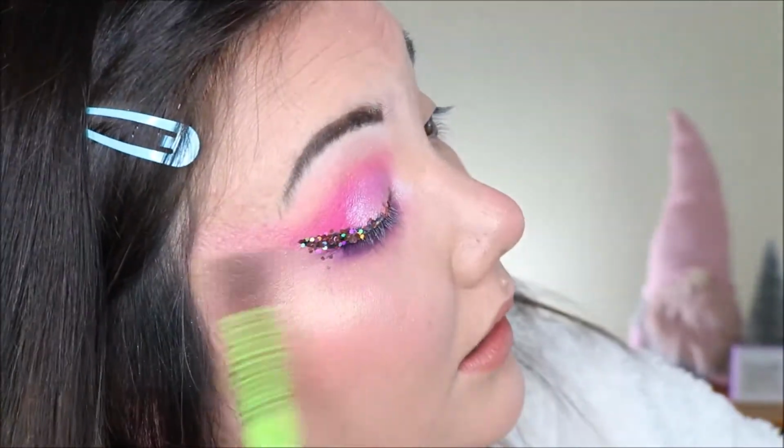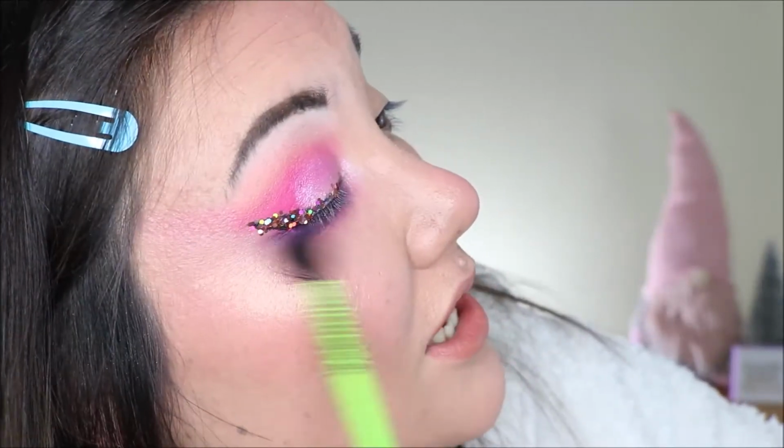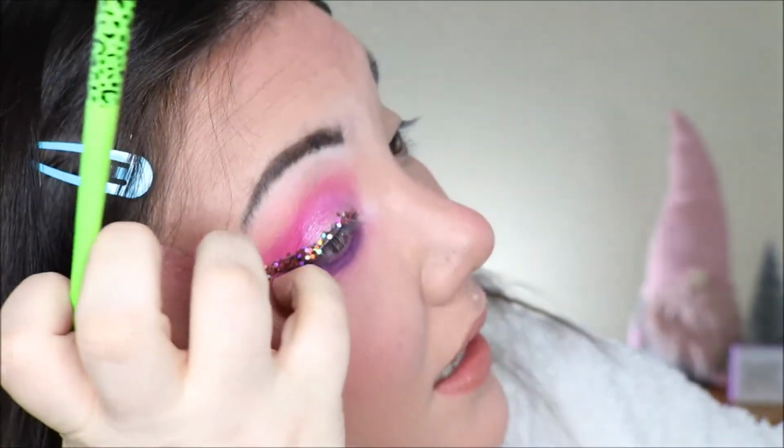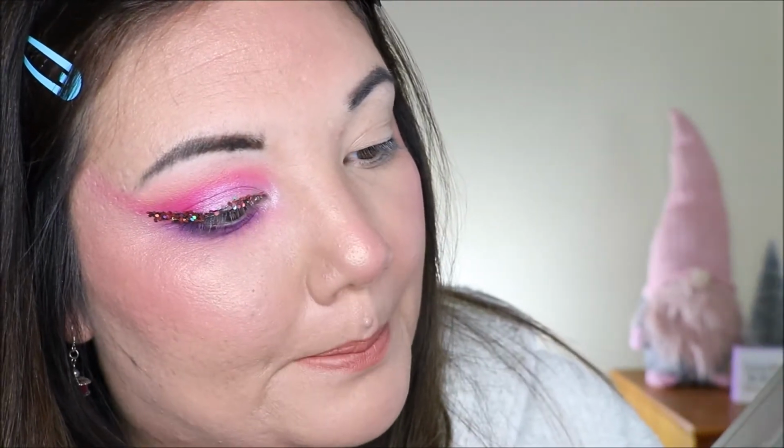I'm kind of treating it like when you're in kindergarten and you pour the glitter on top of the glue and then you kind of shake off the rest. That's kind of what I'm going for. That's kind of fun. We're gonna add this light pink on the inner corner called, oh